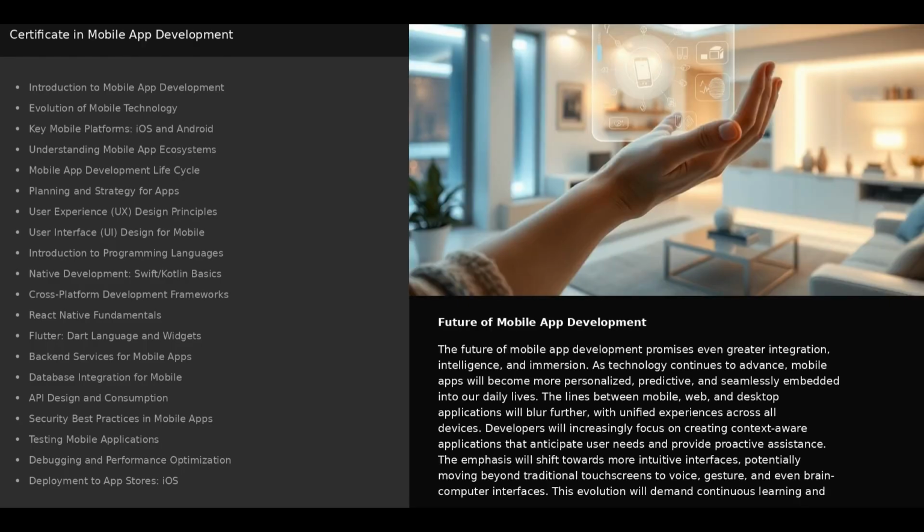Future of mobile app development. The future of mobile app development promises even greater integration, intelligence, and immersion. As technology continues to advance, mobile apps will become more personalized, predictive, and seamlessly embedded into our daily lives. The lines between mobile, web, and desktop applications will blur further. With unified experiences across all devices, developers will increasingly focus on creating context-aware applications that anticipate user needs and provide